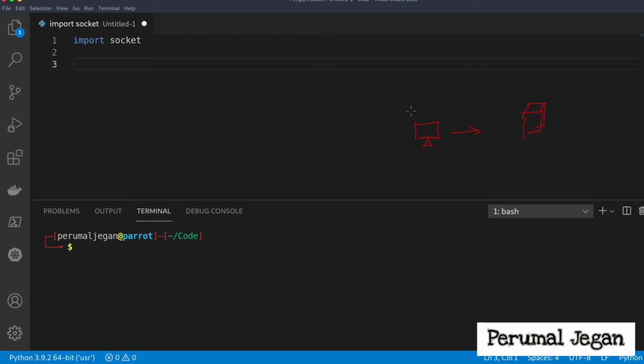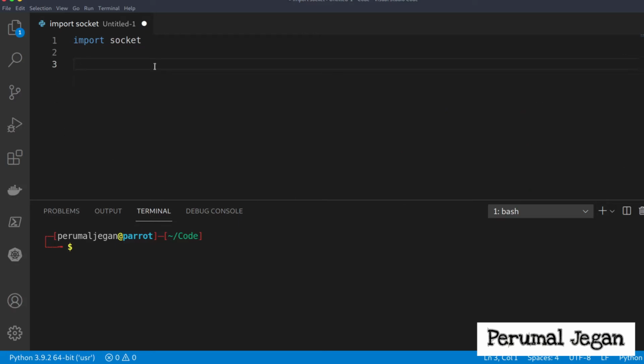Let's assume it is creating a connection to the server. In order to create that, my PC's network interface card has to create one socket. So I need to create a socket, obviously. On the server side, when my machine wants to make a connection with the server, it has to know the server IP address and the server port. This is the mandatory information. So this is the logic. First of all, we need to create the socket, and also we need to get the input from the user. The user has to give which server he wants to connect with.